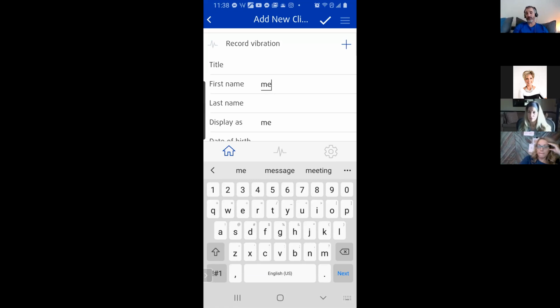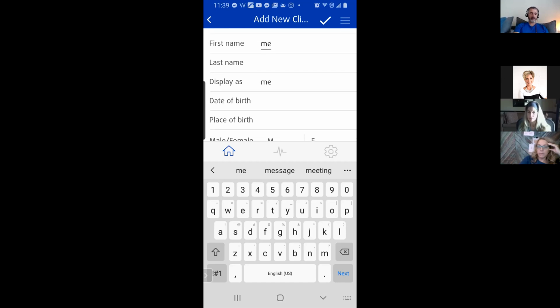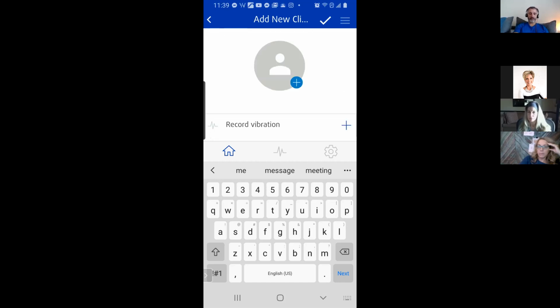If I'm doing it for some random friend on Facebook, okay, the more information I have in here, the better. Like a good picture of them, first name, last name, date of birth, place of birth, male, female, okay. Then if I was doing it by distance, I would hold this in my hand and I would even say with intention, I'm now recording a vibration for Susie. This is going to be her result, right? See how clearly I'm making that?